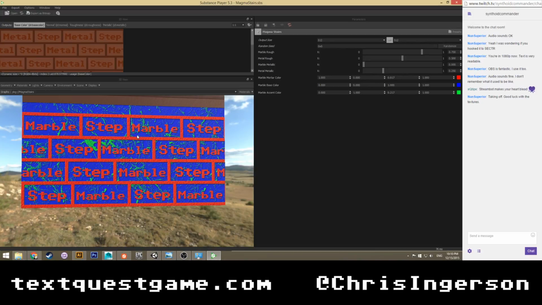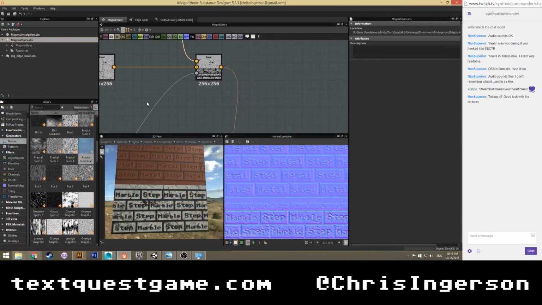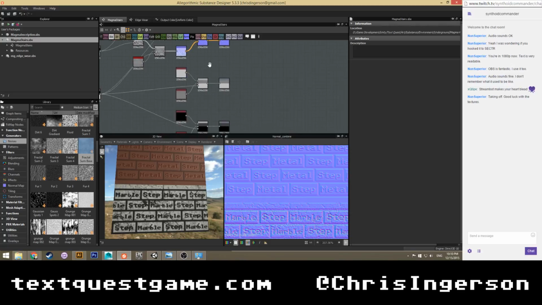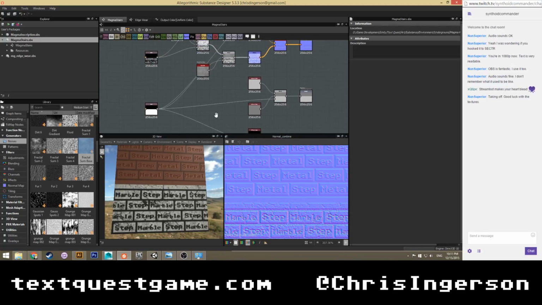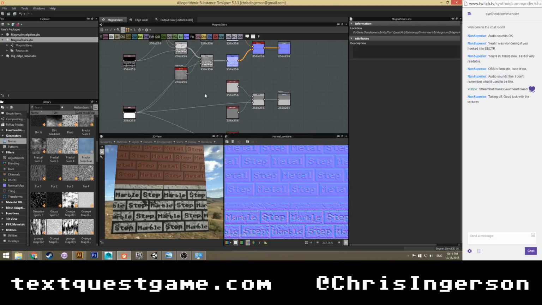I wonder if I should make the... My marble rough isn't really rough. Yeah, okay, I gotta do that too. So, I was a little hasty going into my rough. Because I'm going to also need to do this.